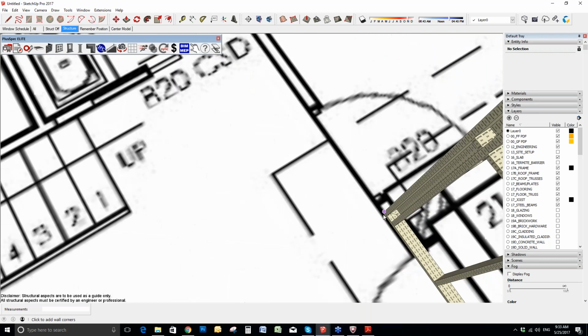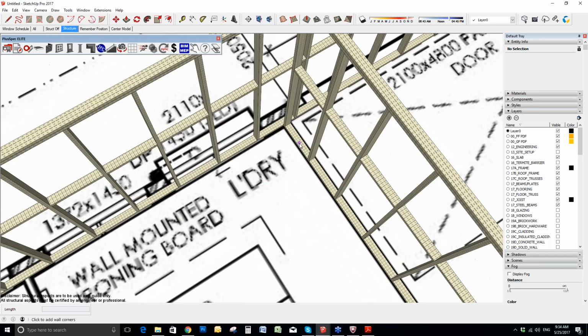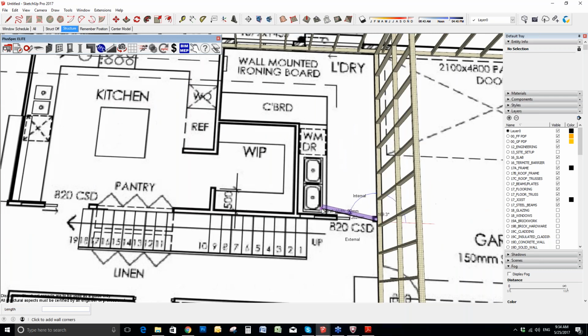So I'm just going to zoom in and I'm going to start to draw. And I'm going to come across, and you can hold down Shift if it makes it easier, and then you can double click to place that wall. And now we're just going to continue the process. So I'm going to be trying to work clockwise, just makes it easier. And let's go from here to here